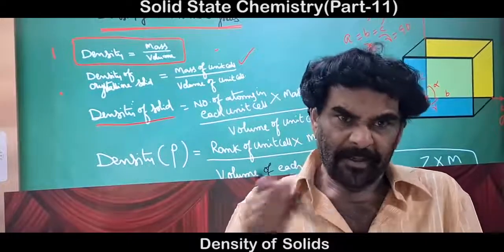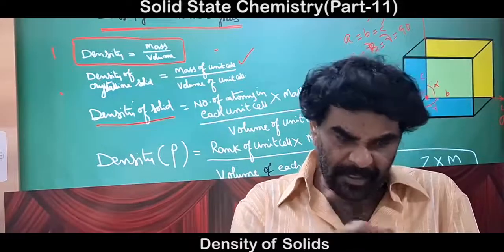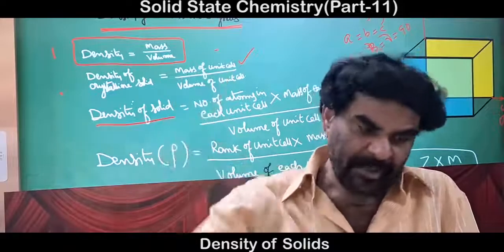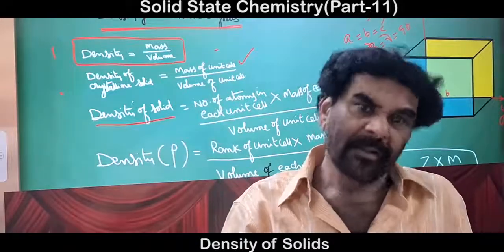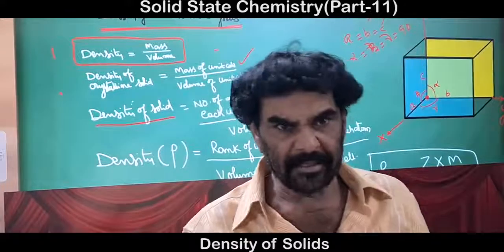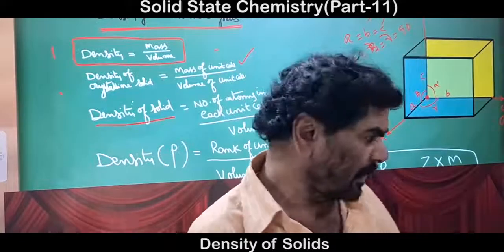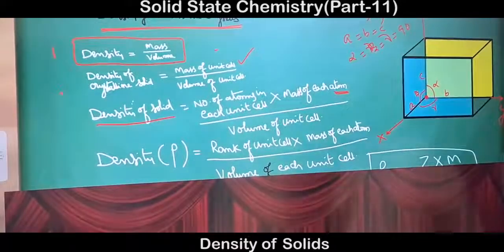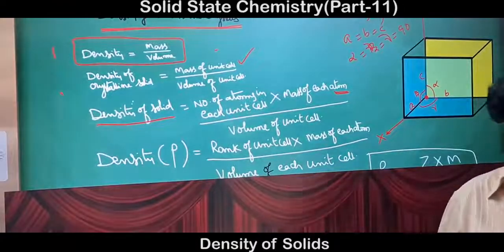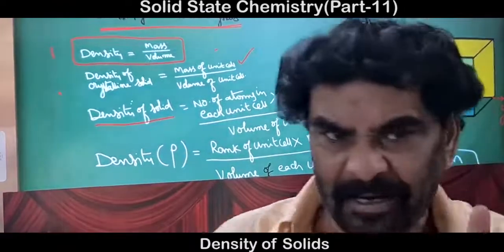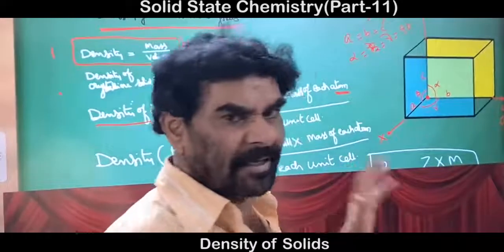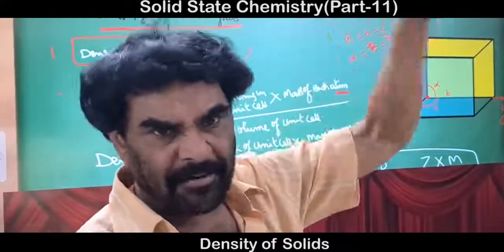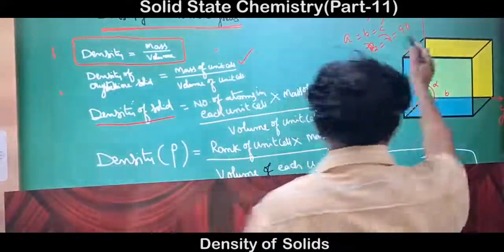So here the volume is the base area into the height, the third parameter C, which gives the volume of the system. We can evaluate it geometrically, for a cubic system or cuboid or whatever it is, from the A, B, C parameters.